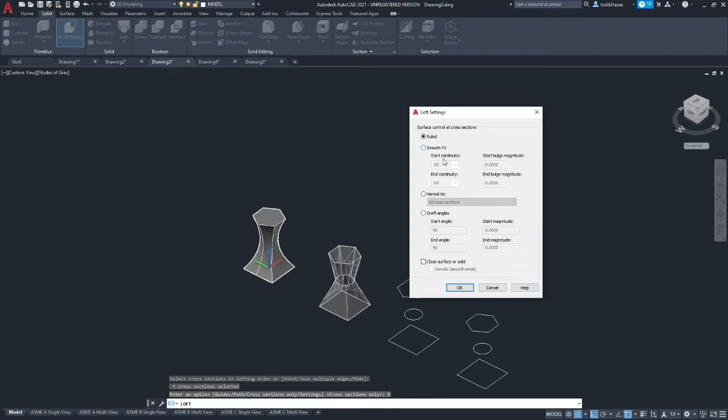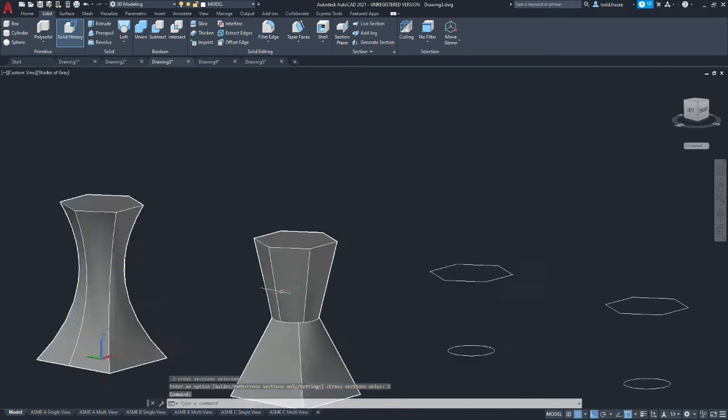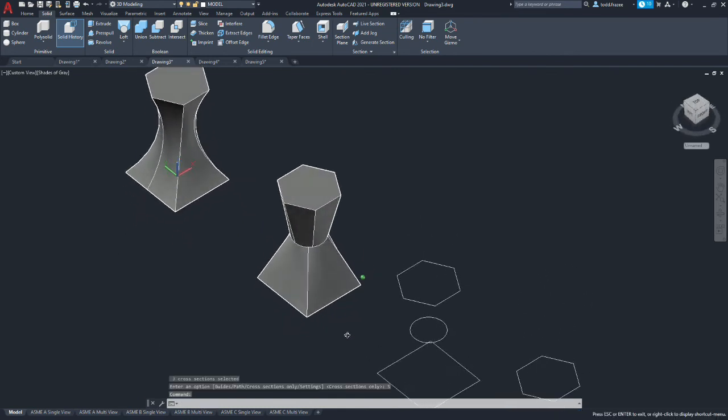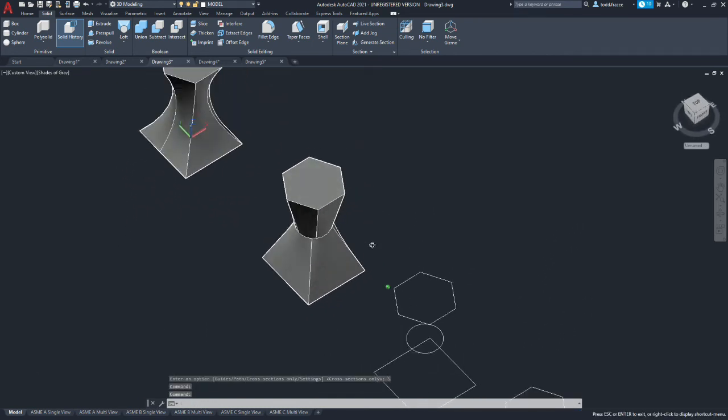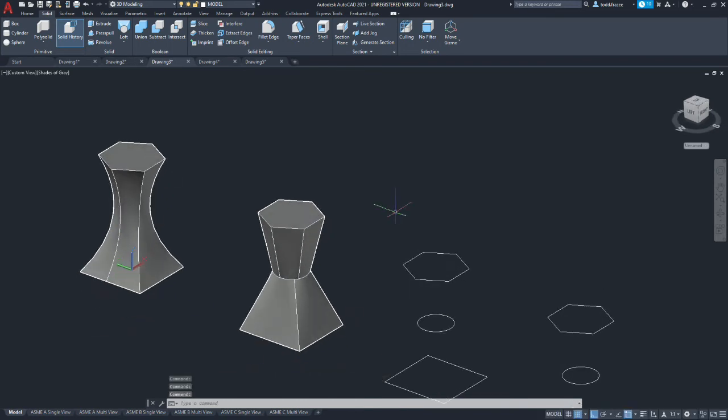It's as if it's a flat transition between them, facets. And we'll select OK. Now if we zoom in, you see that we have basically our resultant goes from a square to a cone and then back to a like a diamond shape. A little different than the smooth transition.